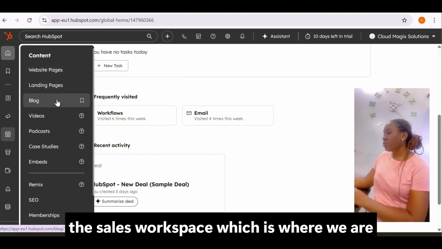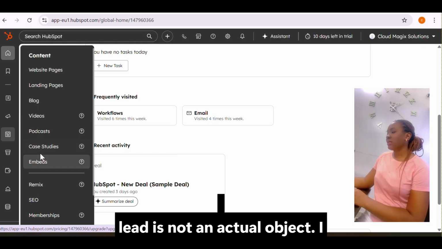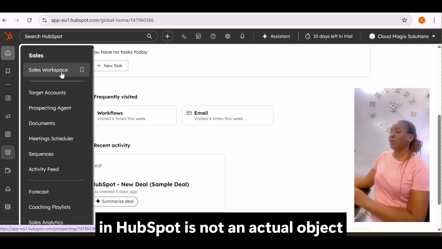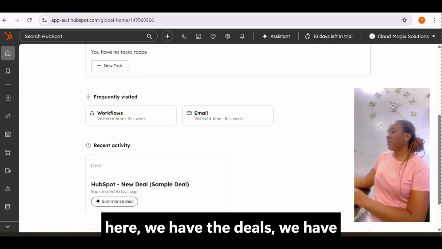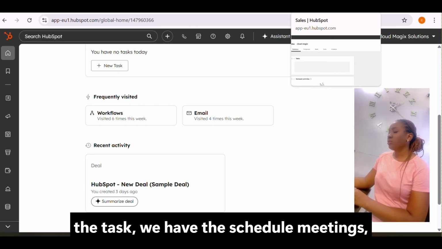Then we have the sales workspace, which is where we are going to be seeing our lead. So the lead is not an actual object. I always see it as a mini object in HubSpot. It's not an actual object in HubSpot. So we have the companies here, we have the deals, we have the tasks, we have the schedule meetings, we